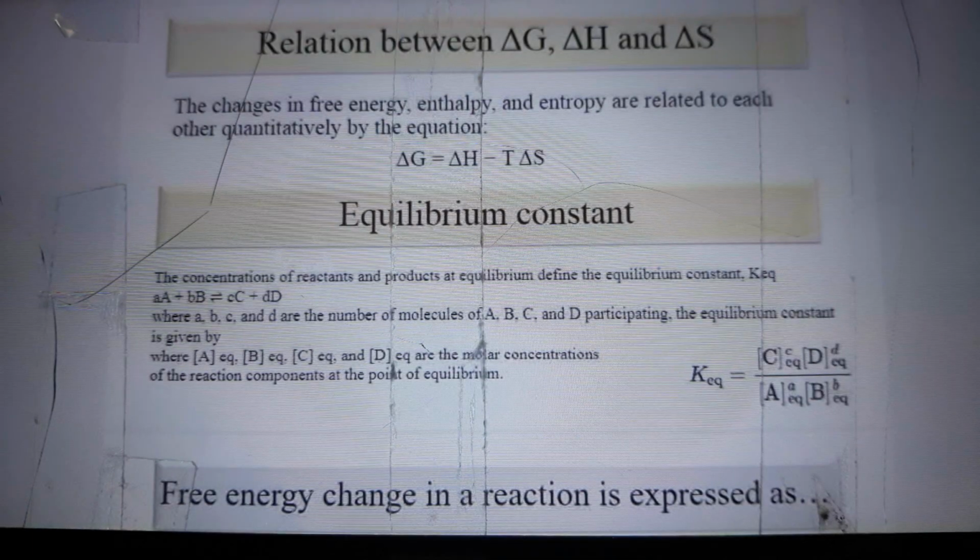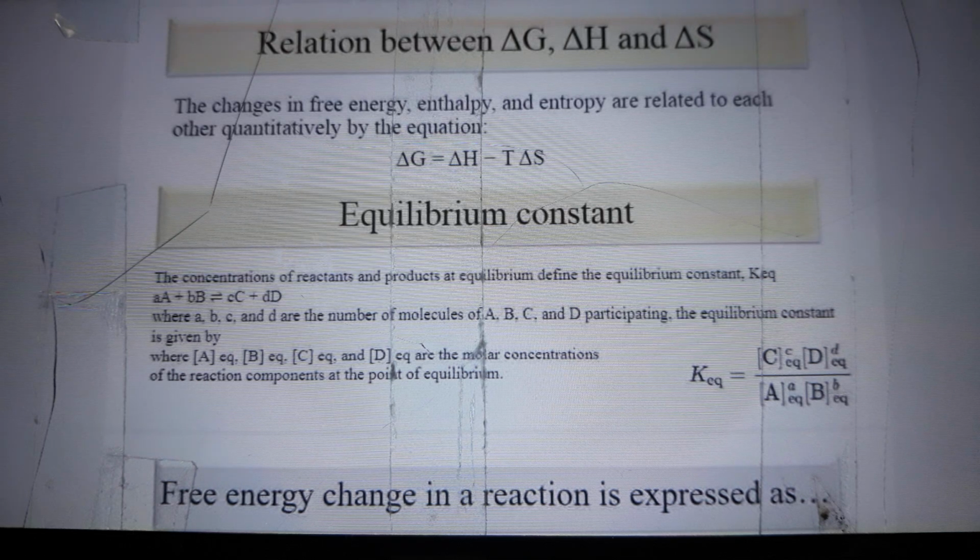The relation between delta G, delta H, and delta S. The changes in free energy, enthalpy, and entropy are related to each other quantitatively by the equation delta G is equal to delta H minus T delta S. Equilibrium constant. The concentrations of reactants and products at equilibrium define the equilibrium constant, Keq,